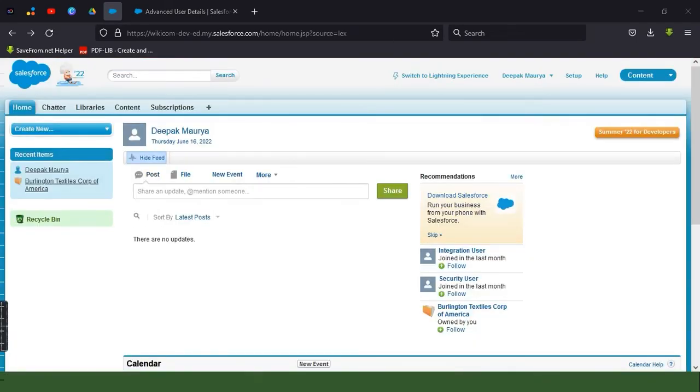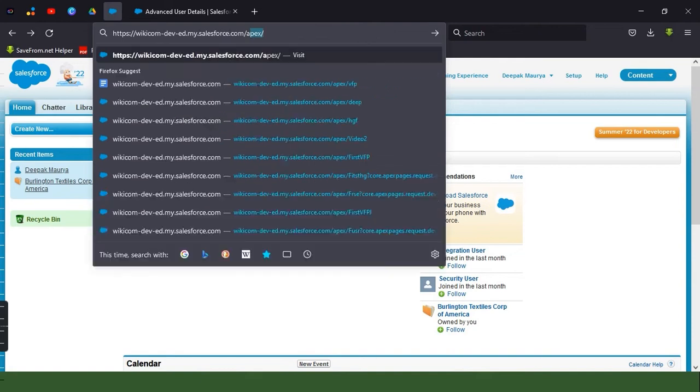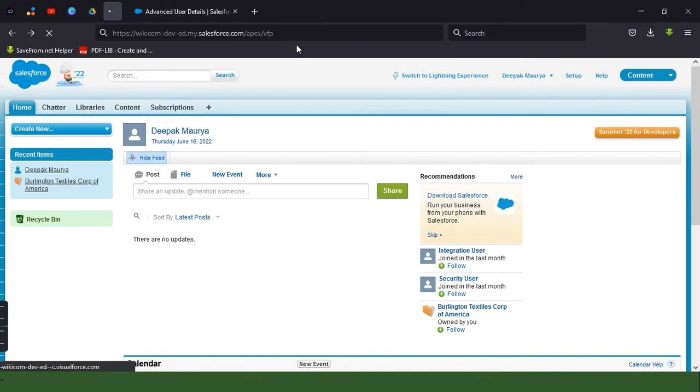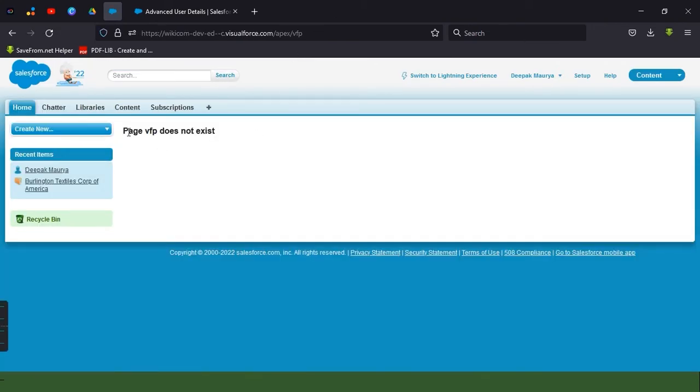As we can see, we have switched to the classic experience, and here, what if I want to create a Visualforce page directly from the URL? Now if I press enter, it will show me an error. After enabling development mode, we will get one more link to create the Visualforce page directly from here.